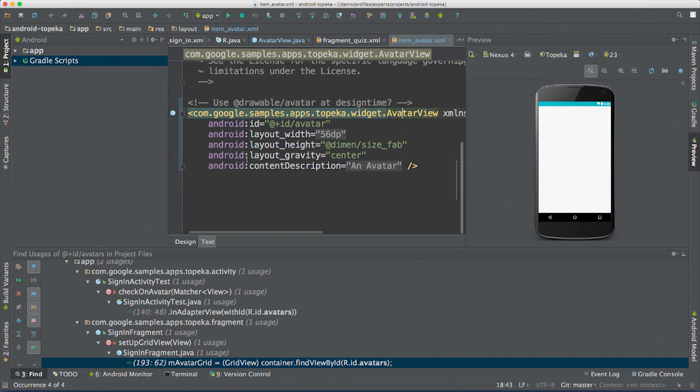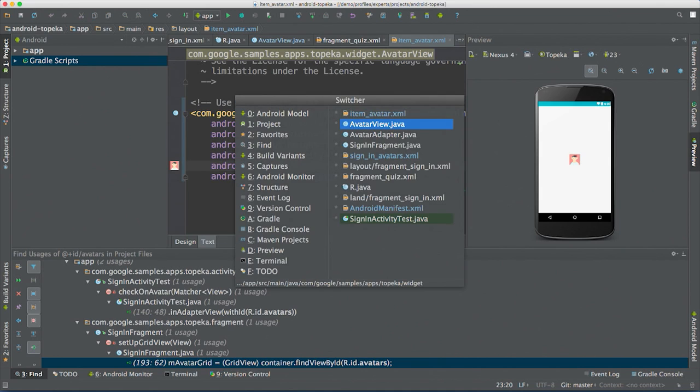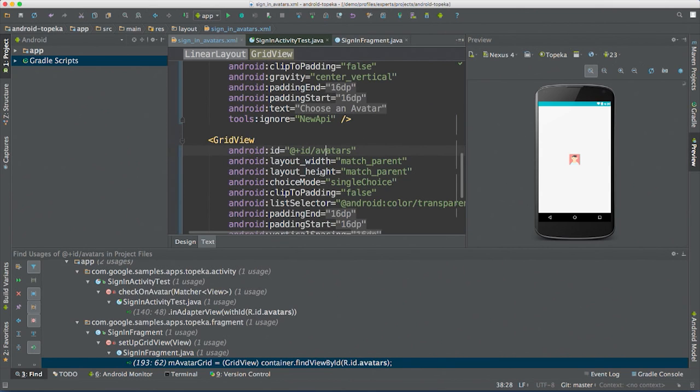And the way we would do that is we can say that we want to set the source attribute to, well, let's see. Can I remember? It's a drawable, probably avatar 1. OK, so now we have our avatar 1. OK, and if we now switch back to our list, it's not great